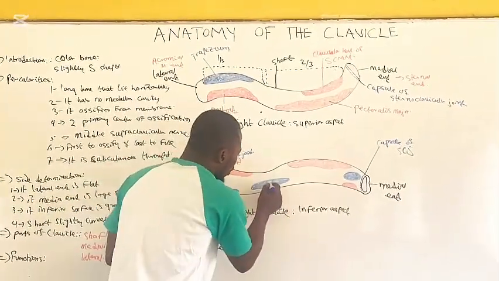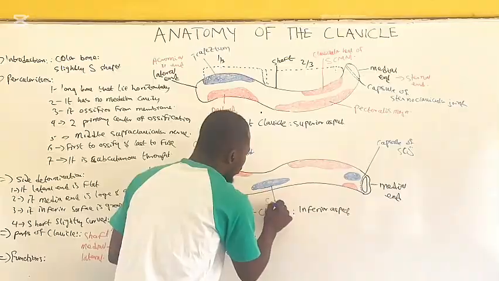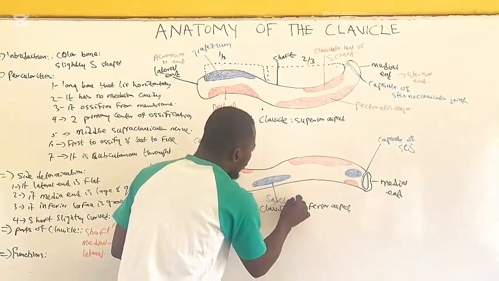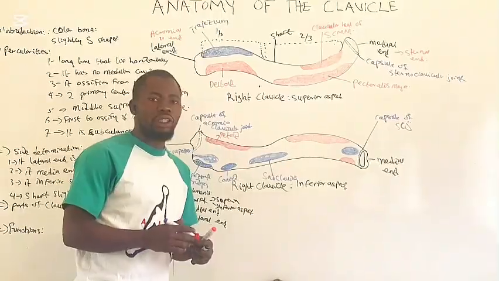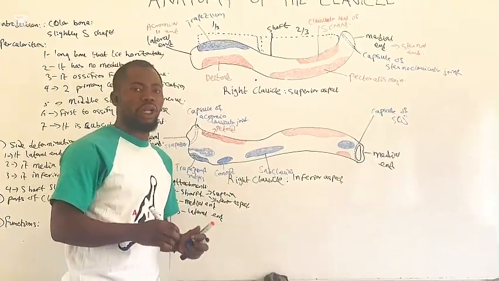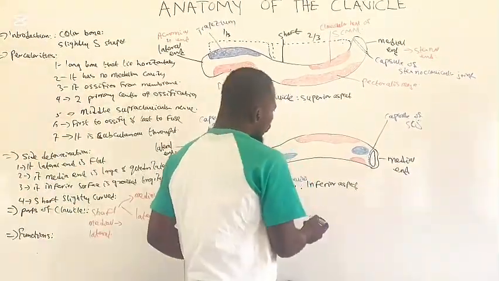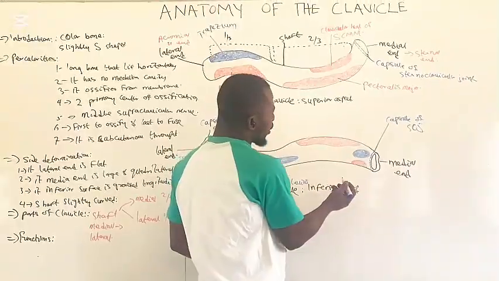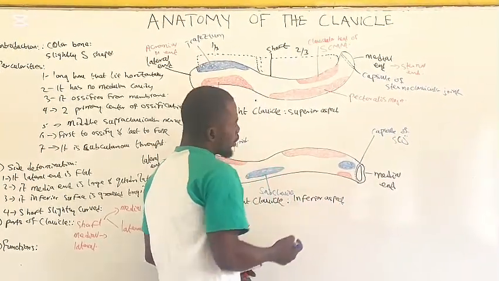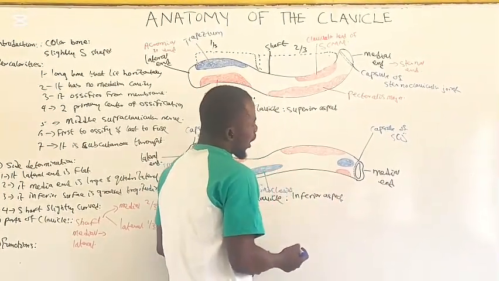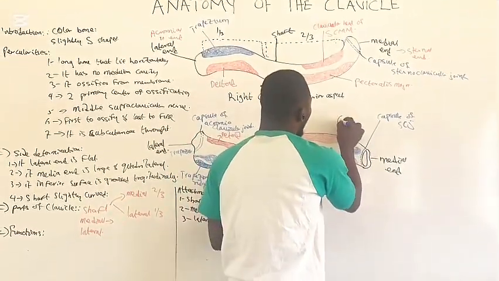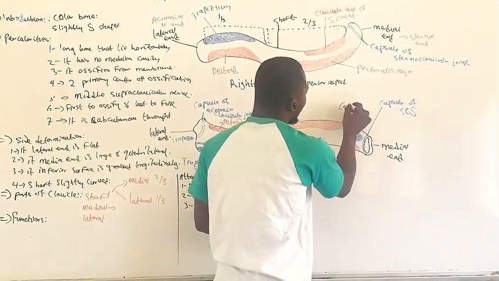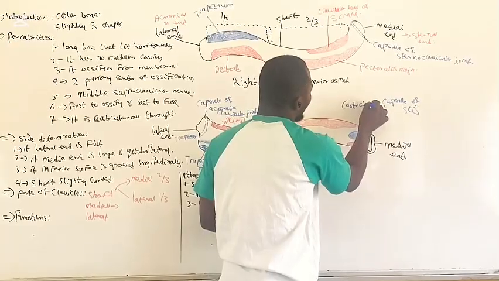subclavius muscle. So this is the subclavius, and the margin of the subclavius gives an attachment to clavipectoral fascia. Also, the inferior surface of the medial end of the clavicle gives an insertion to costoclavicular ligament. So this is the costoclavicular